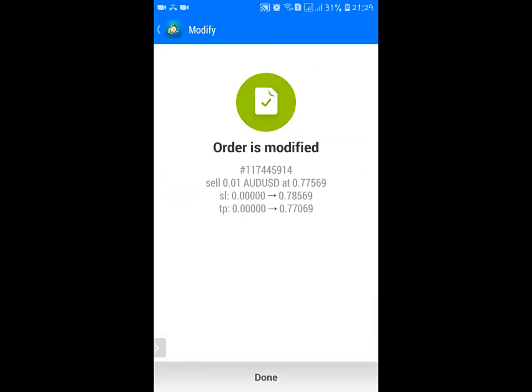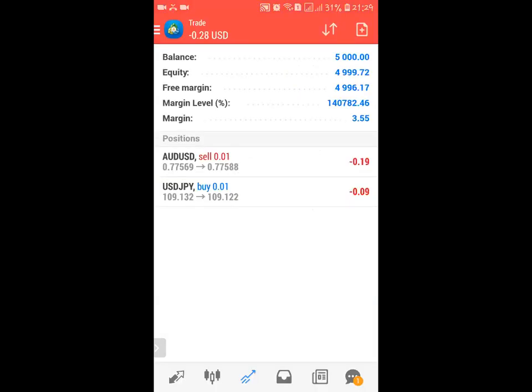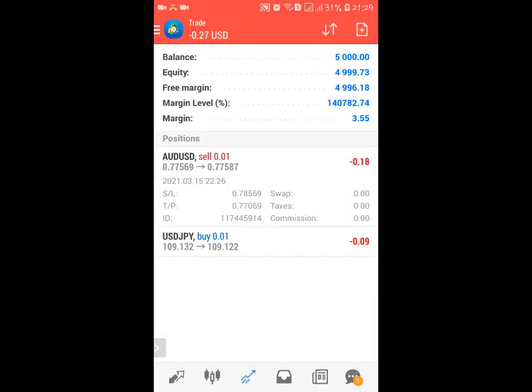That is all. I have entered a sell trade, and then when you click on it, you will see what you've entered, see my take profit for both of them, and then that is all that you